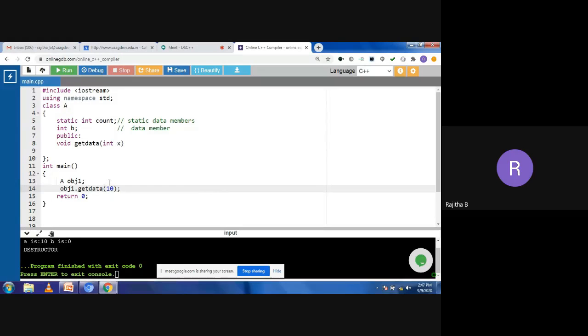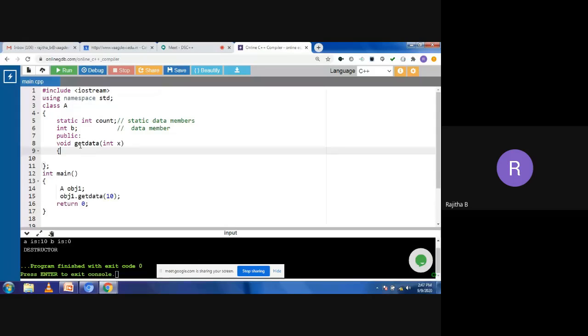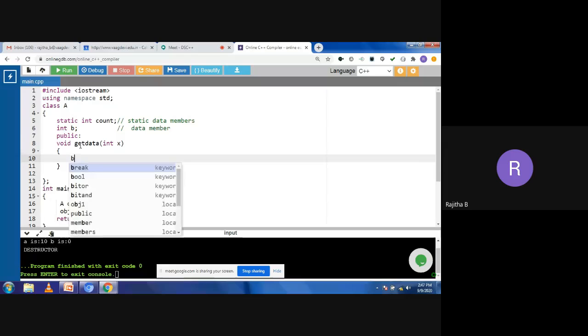So when you call obj1 dot get data with the parameter 10, it goes to the function definition here. That 10 value will be stored into the formal parameter x. Now I want to assign that to the particular data member b.